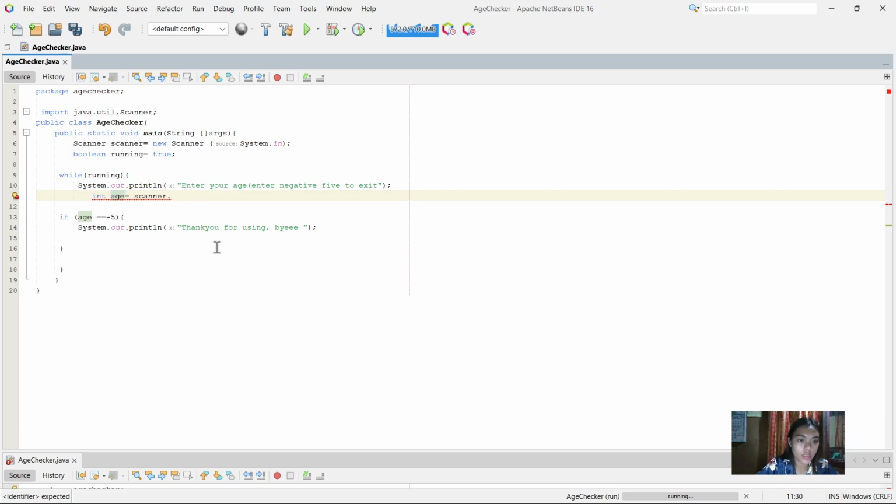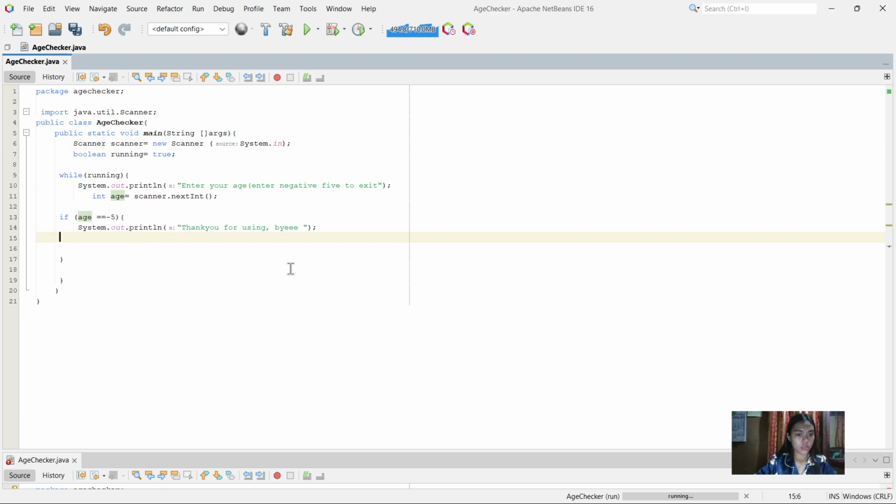So for example, if I type 18, my 18 will be stored here as age. Next, int.